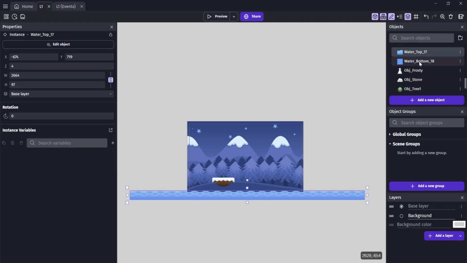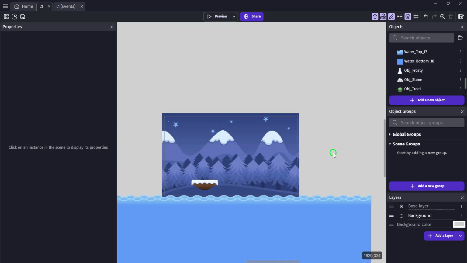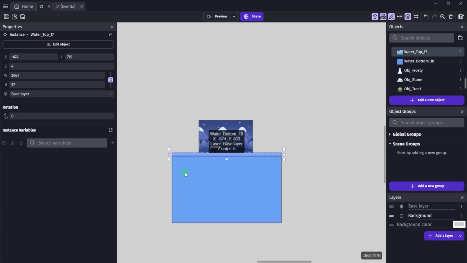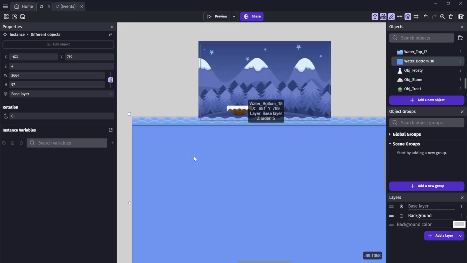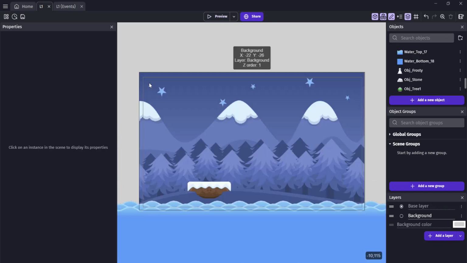Once we have that in a position where we like it, we're going to bring in the water bottom and stretch that down pretty far. We want to make sure that if our player jumps into the water, we can have a kill zone, but that's not going to be immediate, so make sure that you leave room for your player to float down a little bit. Now we have a place for our player to stand, but no player, so let's go ahead and